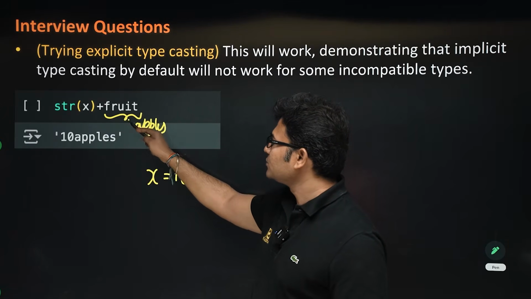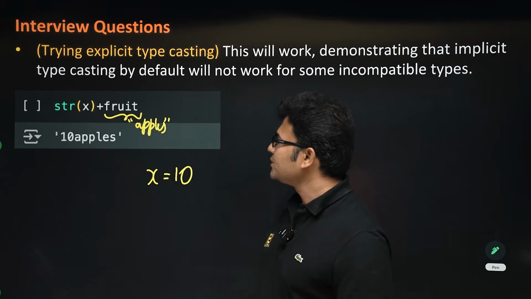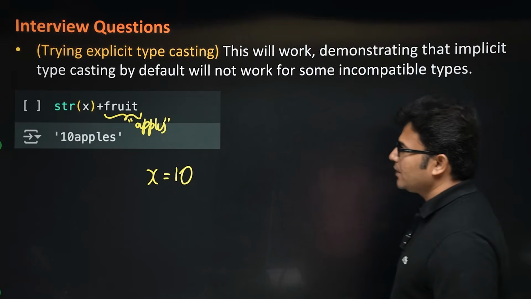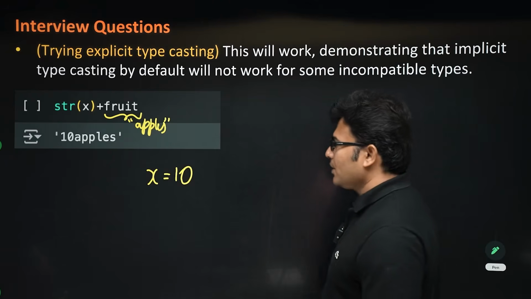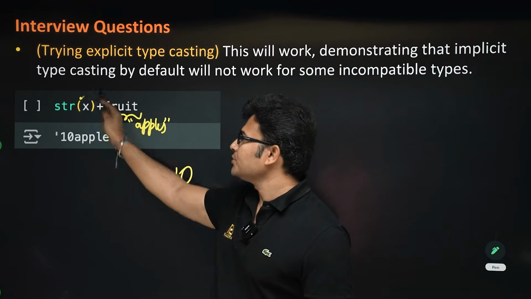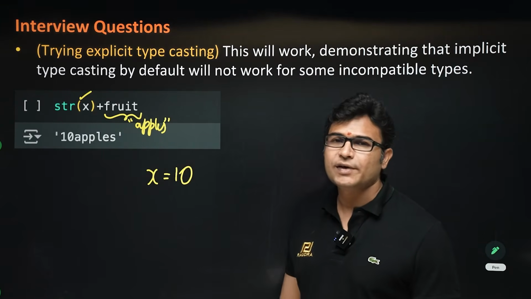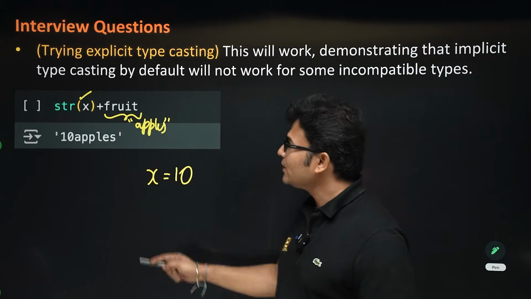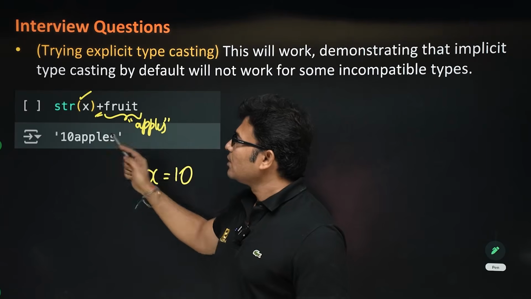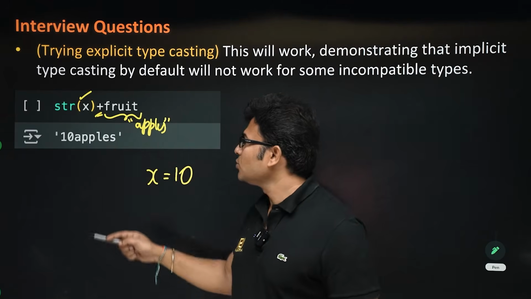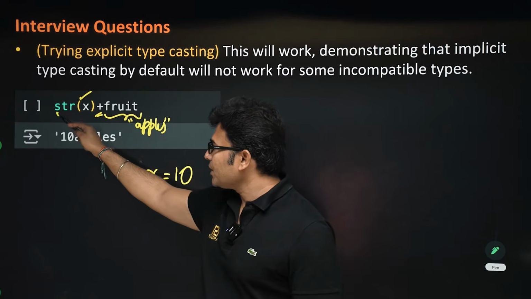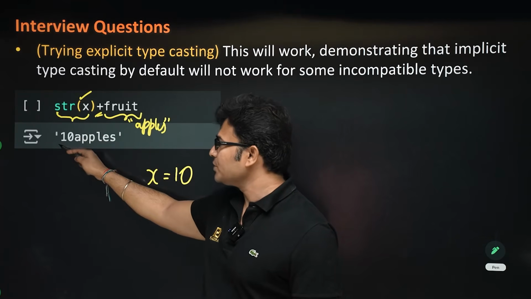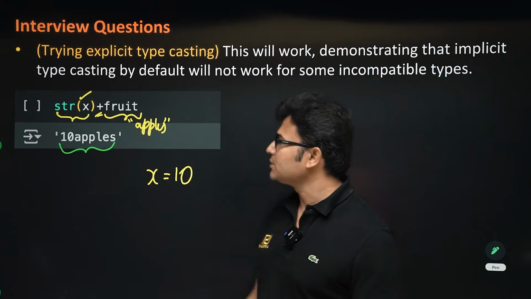Fruit is a string and X is 10. Now I am converting X into a string. If I write str of X, it means that X is converted into a string. Now you can easily do typecasting. Okay, so after this explicit typecasting is over, you can do addition, which is going to give you 10 apples. Okay,